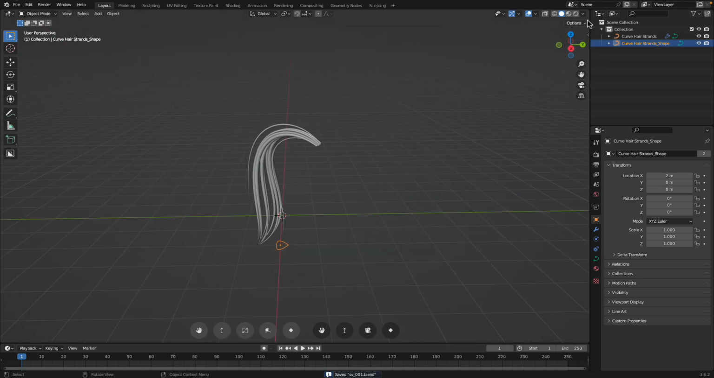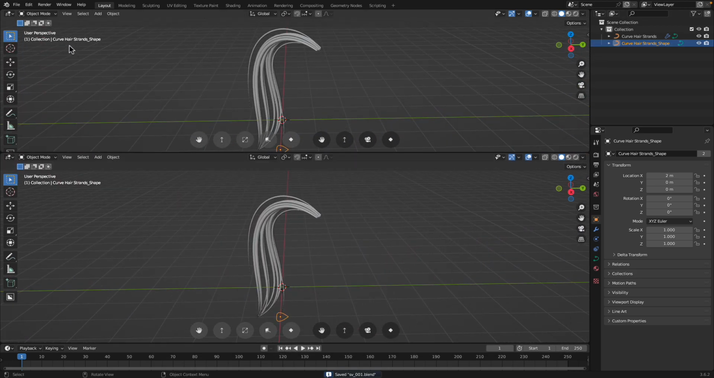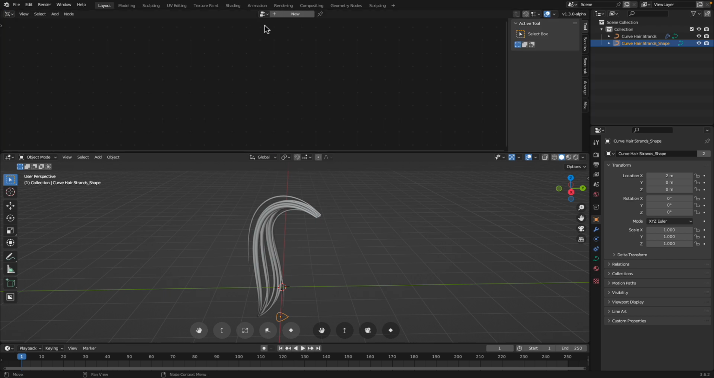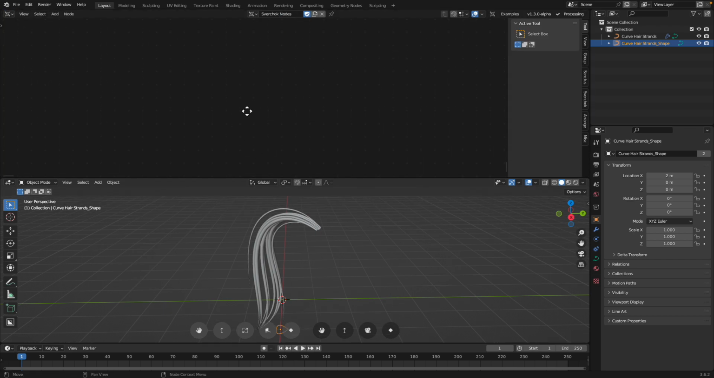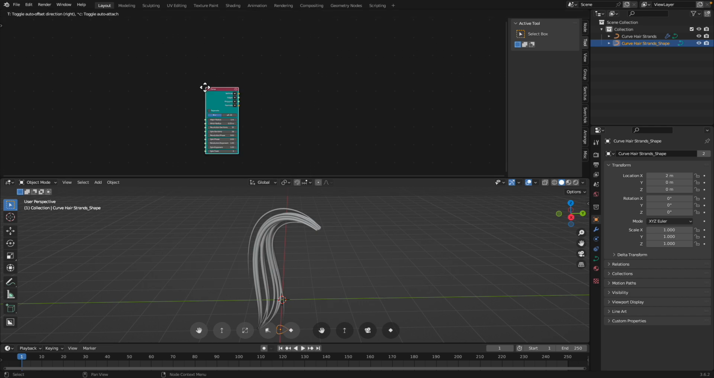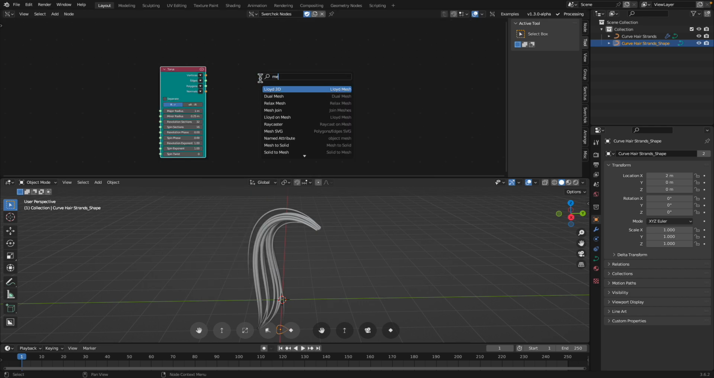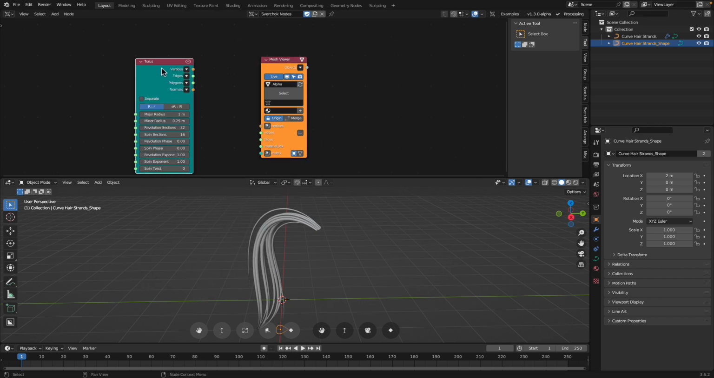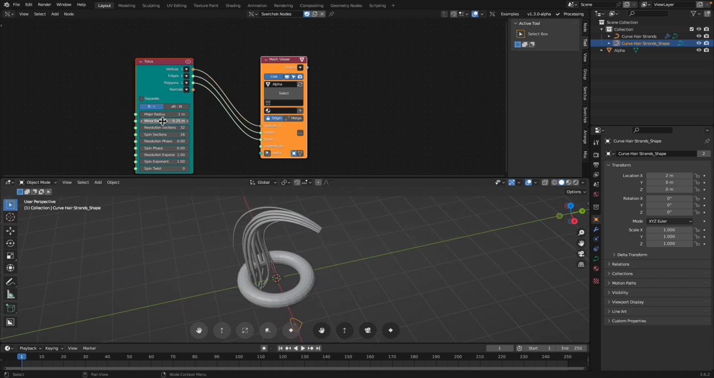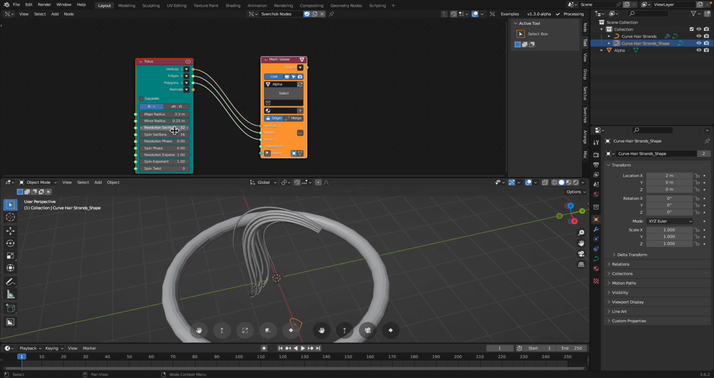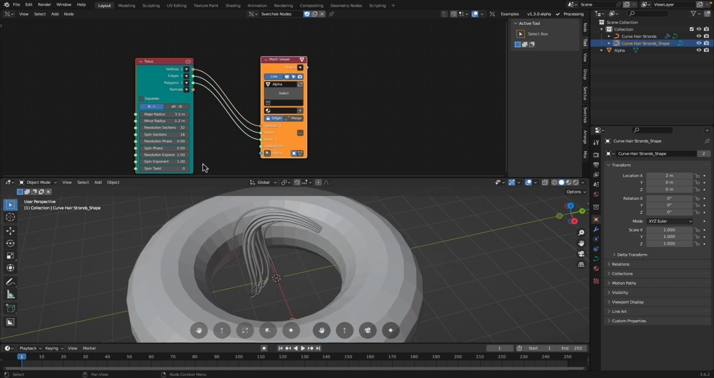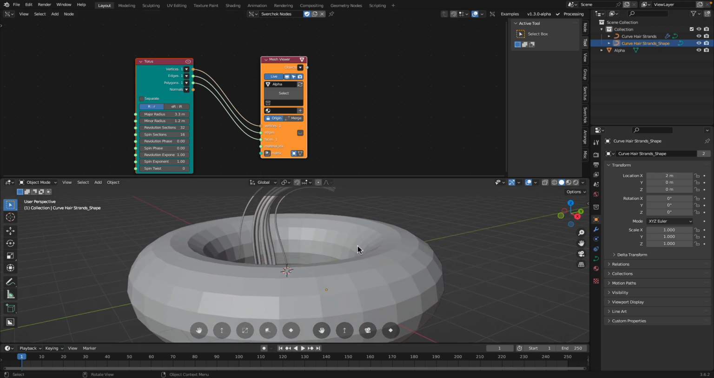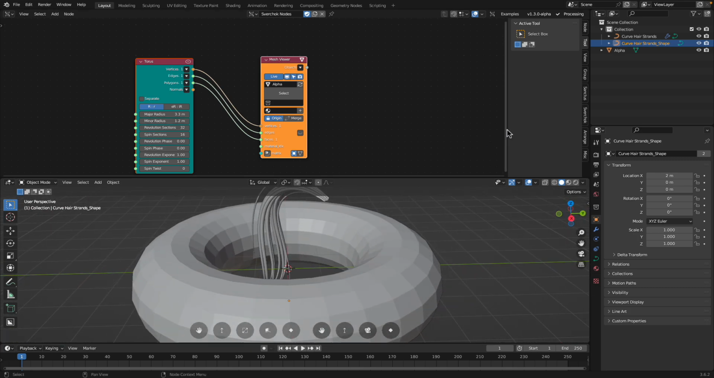I'm gonna try if we have Sverchok nodes. Sverchok is really powerful to procedurally generate curves. Let's try a torus. By default, we get a torus. Let's increase. So you can do this with geometry nodes as well, but with Sverchok,